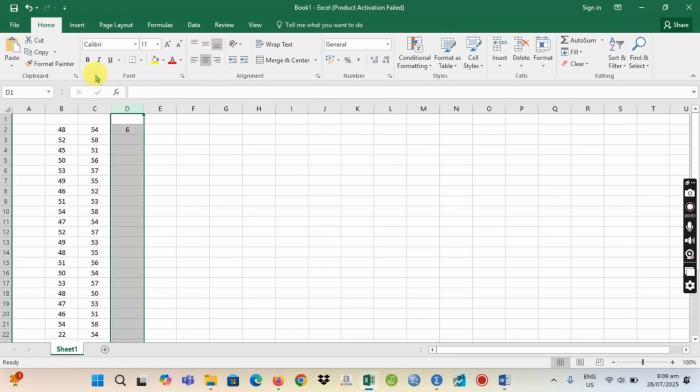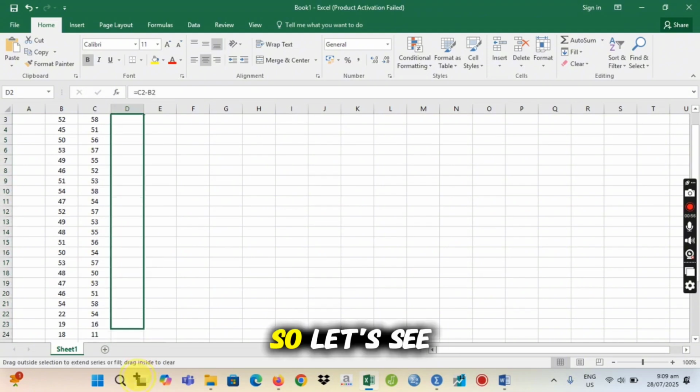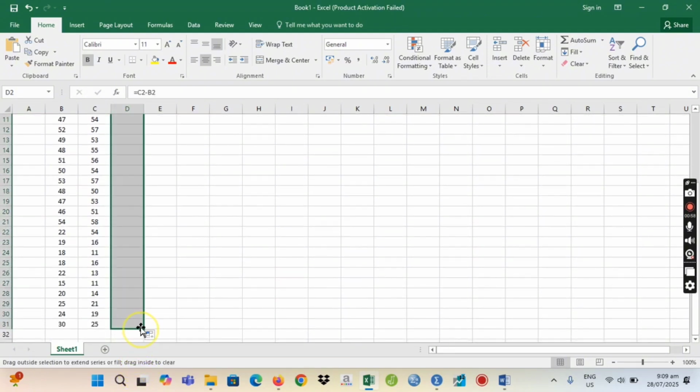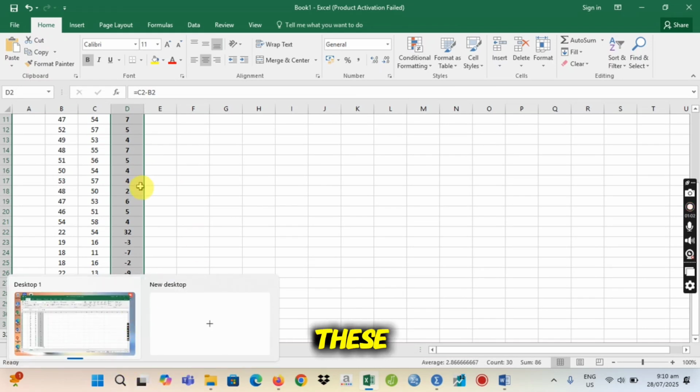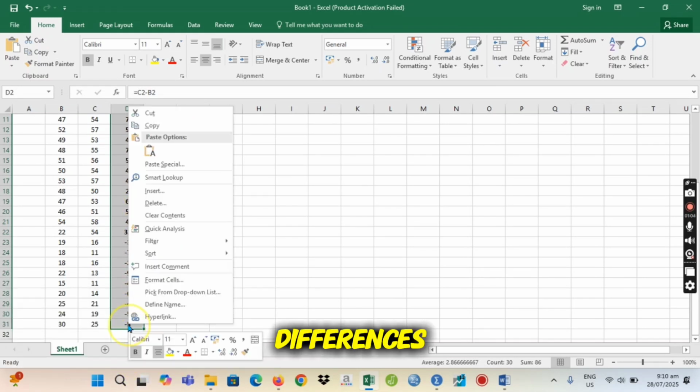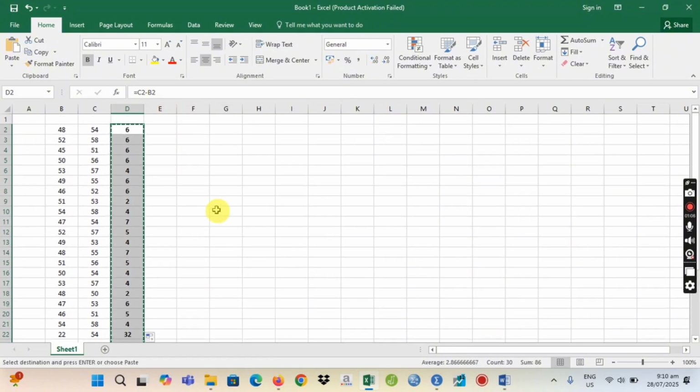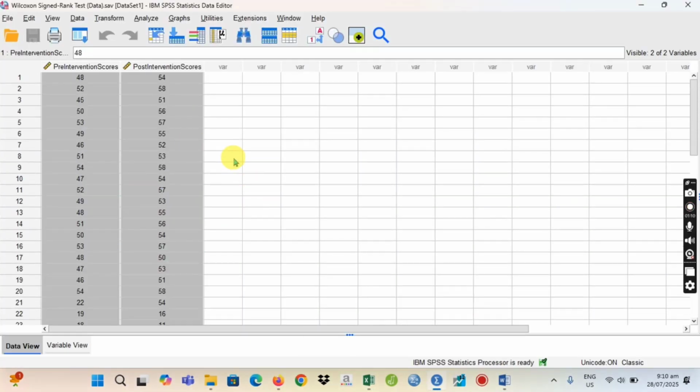Center. Okay, this is bold. So let's see. Okay, so these are the differences. So we will copy this. Okay, paste.